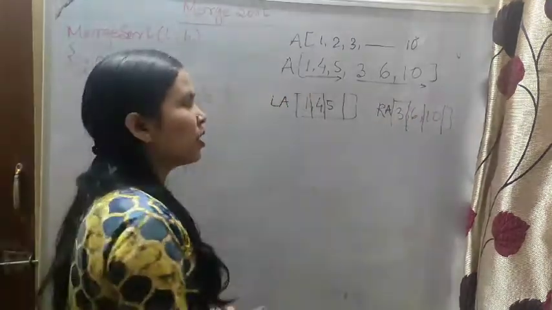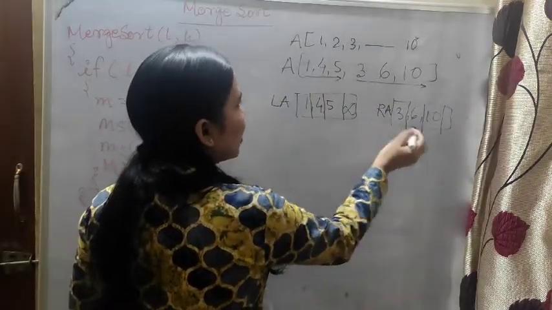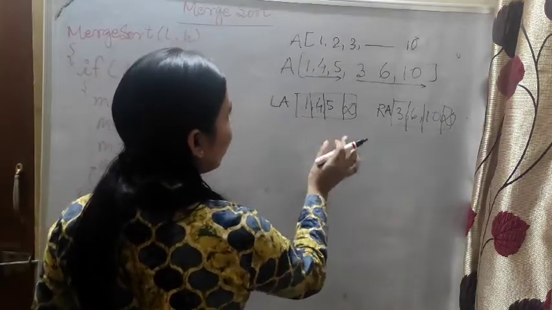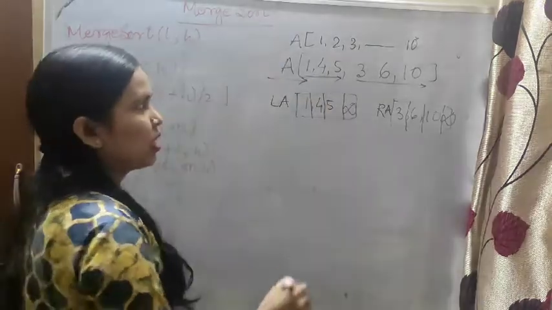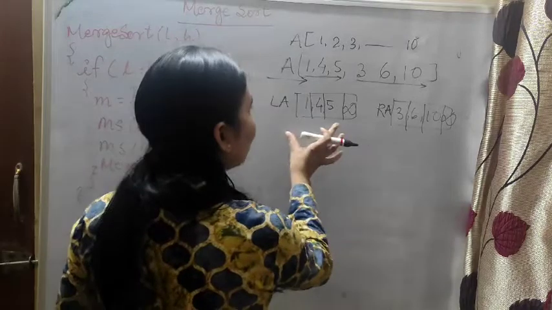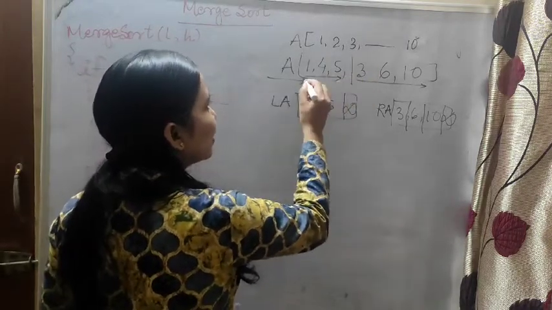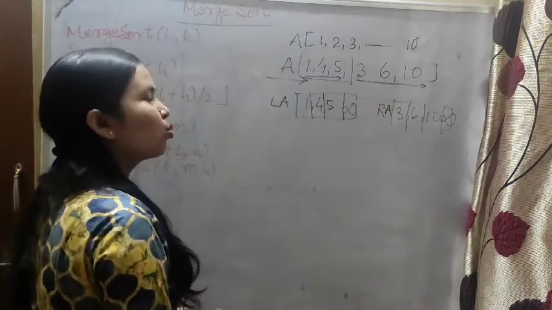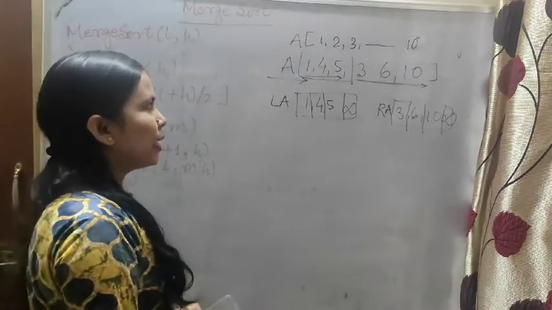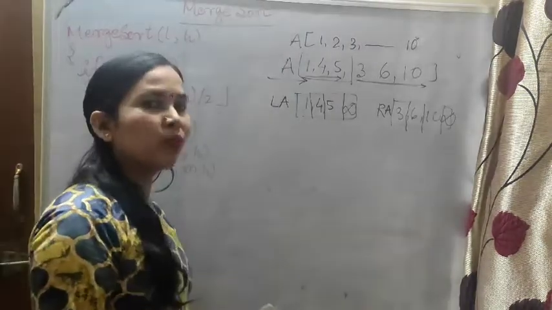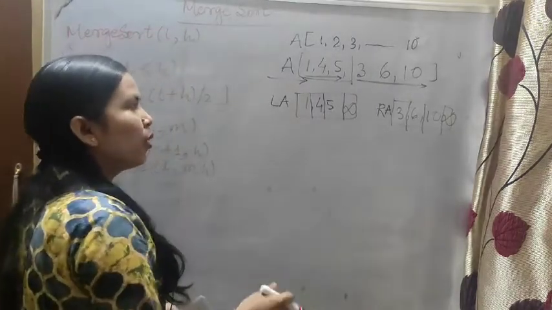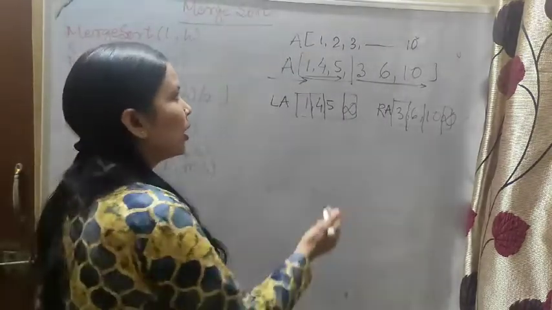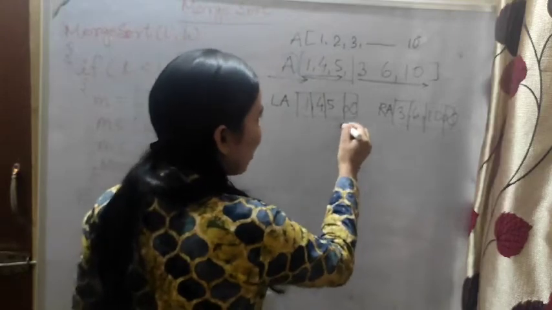And here I am taking one extra space. Why am I taking extra space? I will tell you that. I am putting infinity here. Why? Just see the example. These two subarrays are sorted lists, the first sorted array and another sorted array. Whenever we merge the elements, you check where the sorted arrays are given, because whenever you are merging data, definitely two sorted arrays are there in the available array list. And now we will merge it.